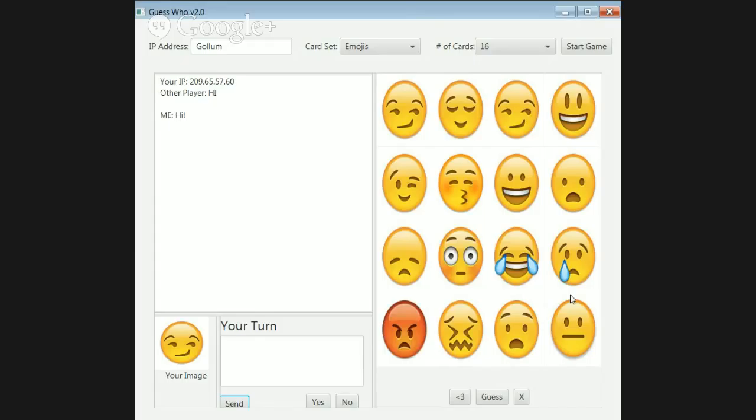So the first thing you'll notice in the top left-hand corner is the IP address field. You can either enter an IP address or a host name, as with the Linux Lab computers. And then you're also going to be able to choose a card set and the number of cards. We're going to set the default of those to be emojis and 16 cards, but there are other options and you can also import your own set of cards. So once you've decided what you want to do, you can click Start Game,